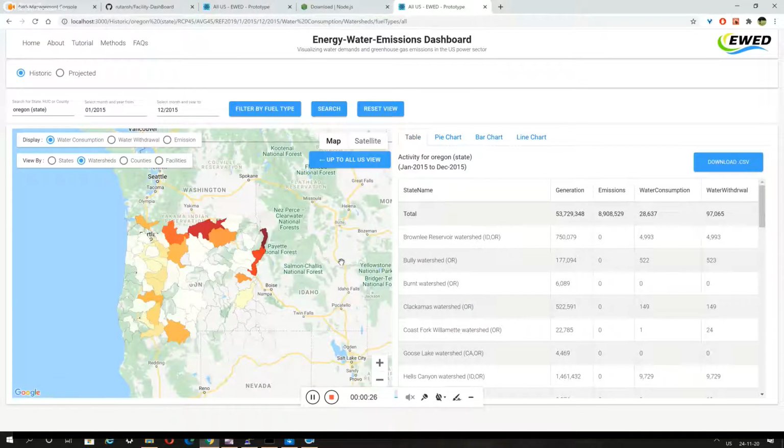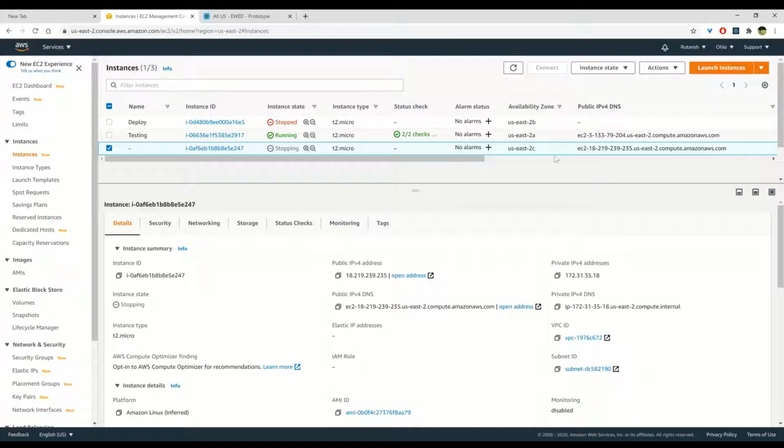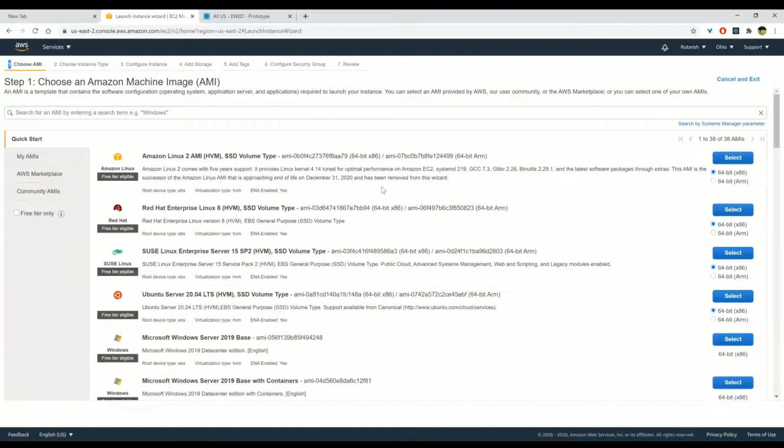Now the second part of this project is to deploy the web application on an AWS server. To launch the instance on AWS in order to run our application online, we need to create a server. For that, we need to click on the launch instance tab on the right hand side in the AWS console. If I click on launch instance, I will get the list of servers which I can purchase. Here, for example, I am using the Amazon Linux 2 AMI. If I click on select,